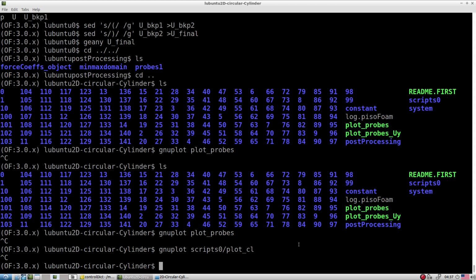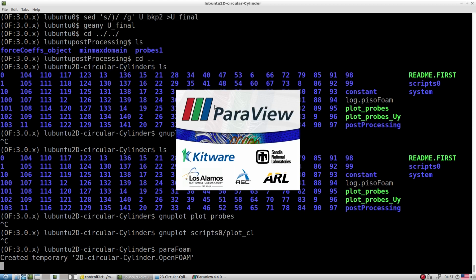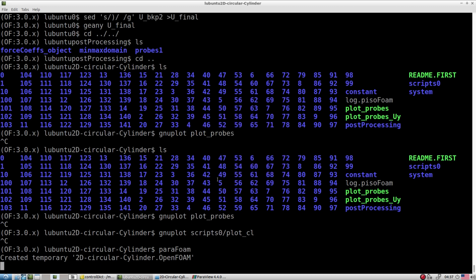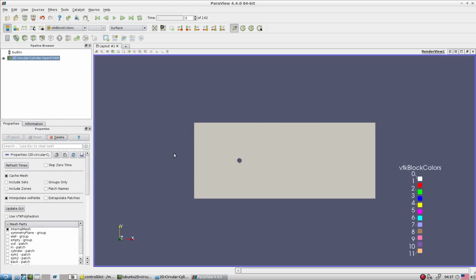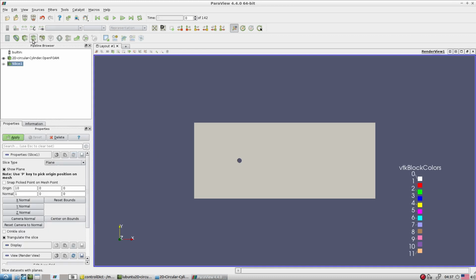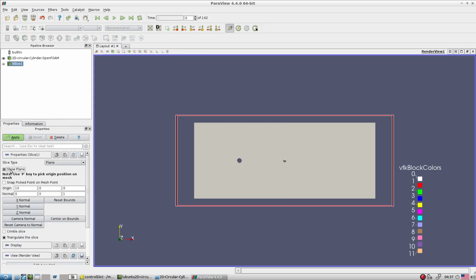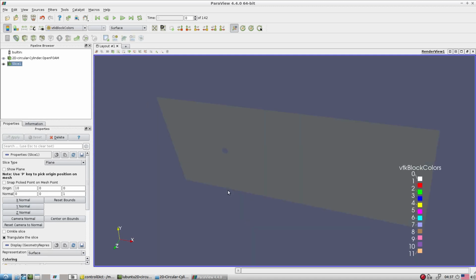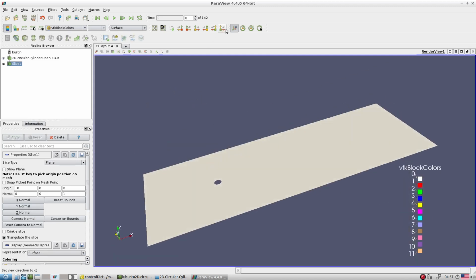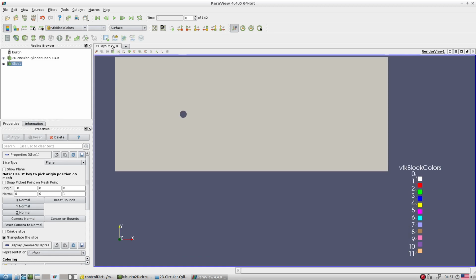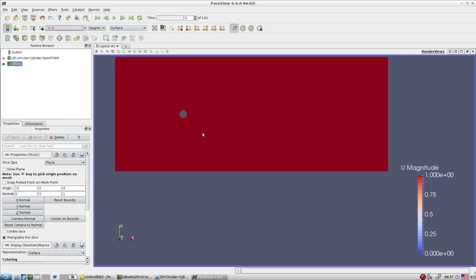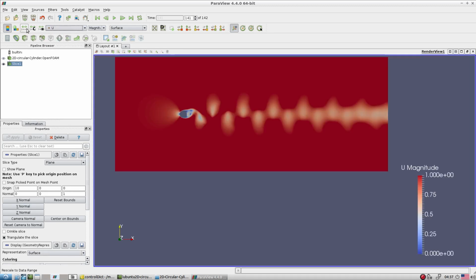Let's say we did this averaging, so let's go to ParaView and check the result. The basic idea is how the average flow field result looks like. For that, let's first create a slice. So this is the slice, and on this slice we do certain post processing. Let's first check our instantaneous part. Go to the last portion.